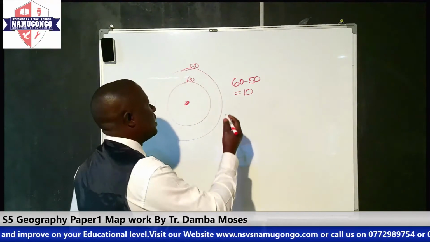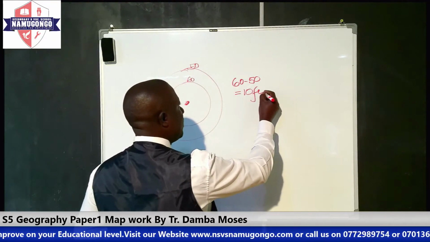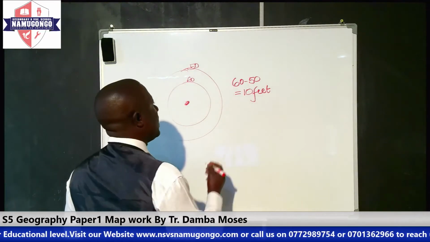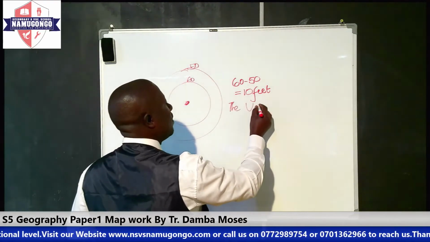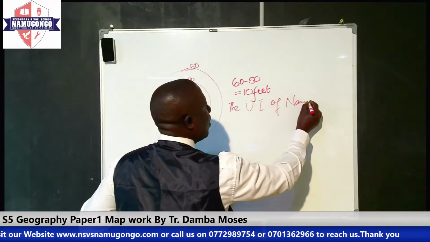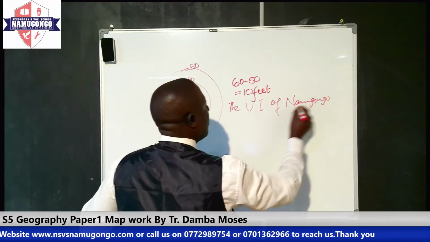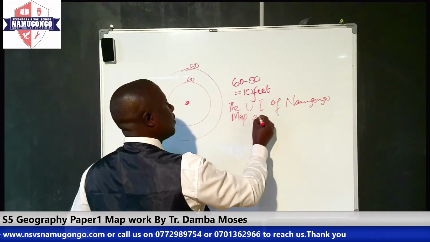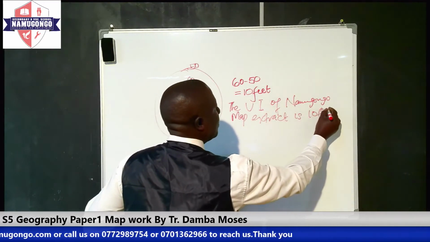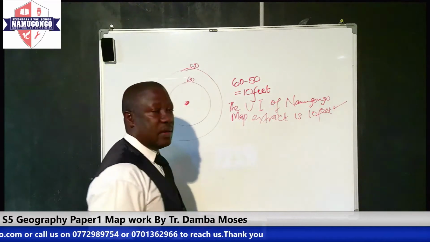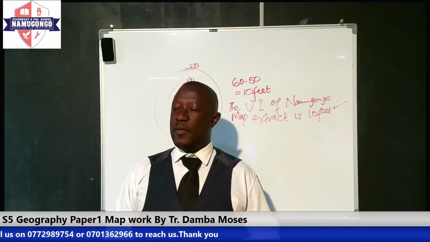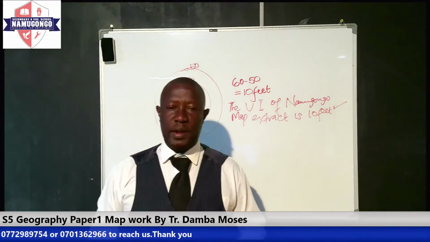So if it is in feet, you write here in full feet. And therefore, in your answers you will say the vertical interval of maybe Namgongo map extract is 10 feet. So here we are going to give you a tick. You have described relief. Then the second way of describing relief, the second method of describing relief is by